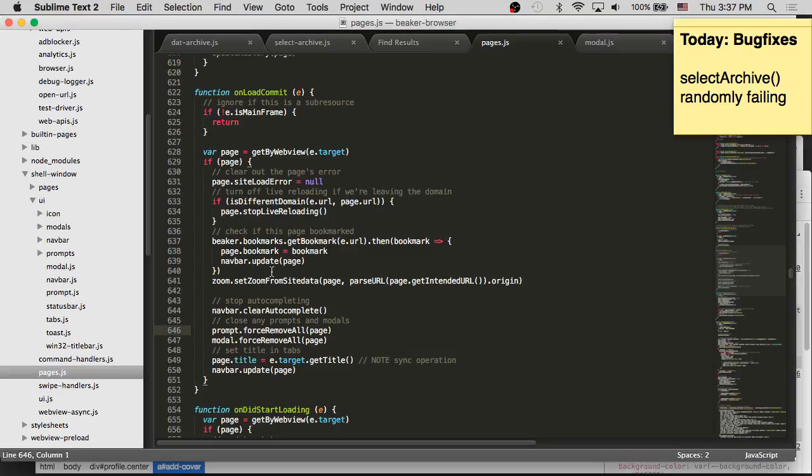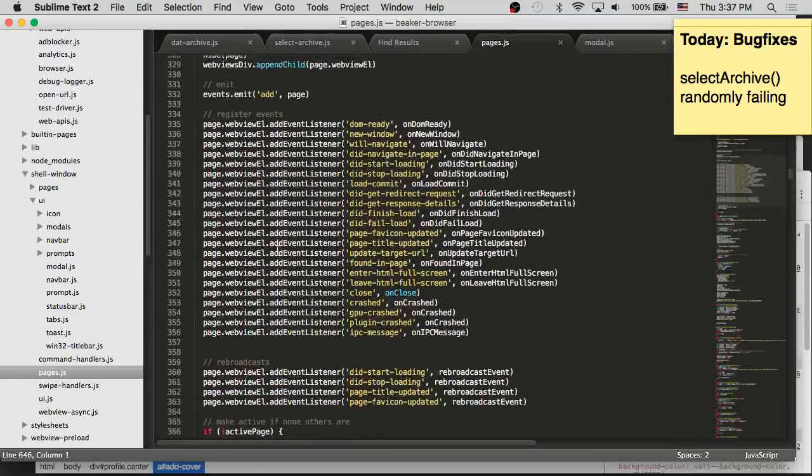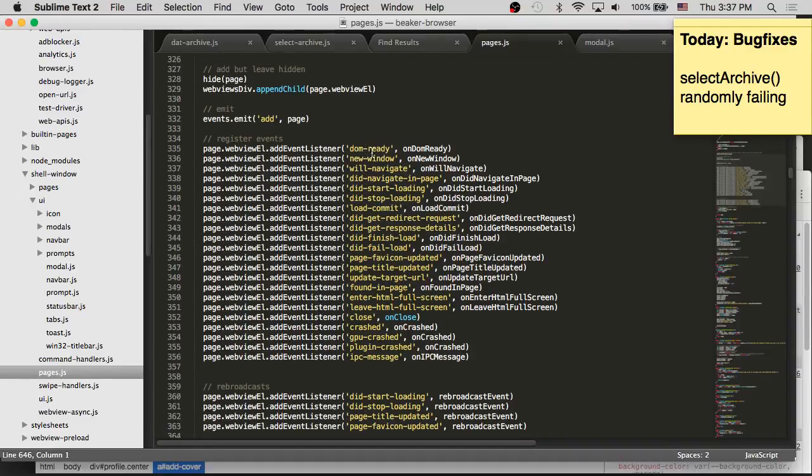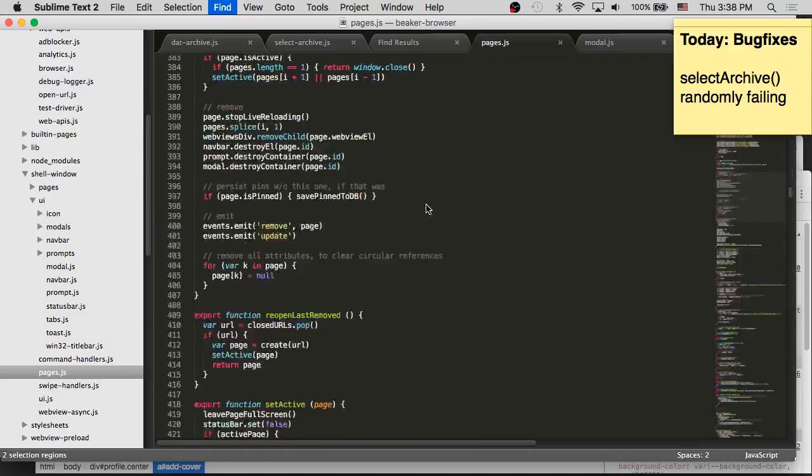Now, inside of Beaker, we have all of the page management code hooking into the different sorts of events that can occur for the life cycle of a page. So, for instance, here's when the DOM is ready, and we have some logic for reacting to that. When a new window is triggered by the page, so somebody control clicks on something, there's code to handle that. Load commit is basically designed to tell you that the page has committed to loading something new, committed to creating a new navigation event. And originally I thought that would only get triggered if you were going to go somewhere else. Turns out, and this is what I found out yesterday, that also gets triggered if you click on an anchor tag. So if you're doing an in-page navigation, that gets triggered, which we totally don't want to treat the way we're treating,